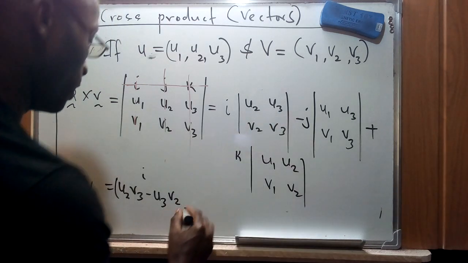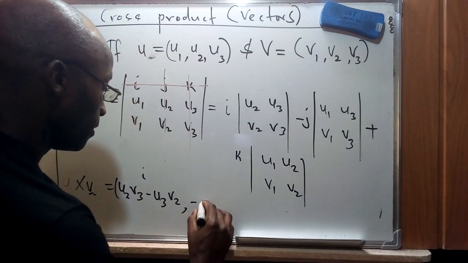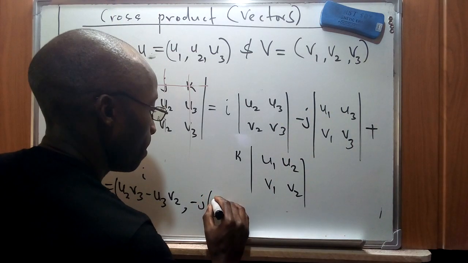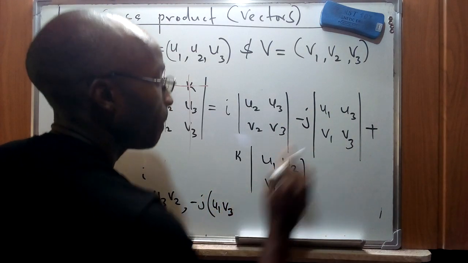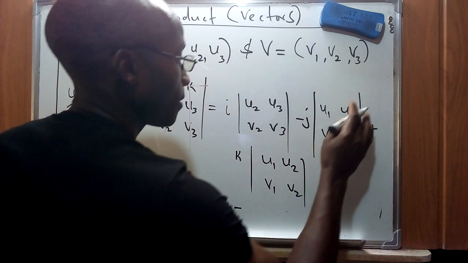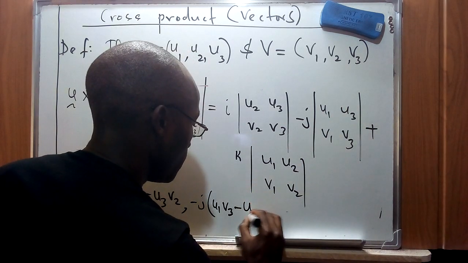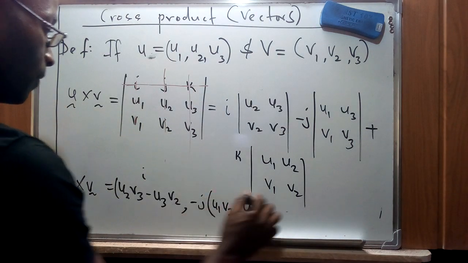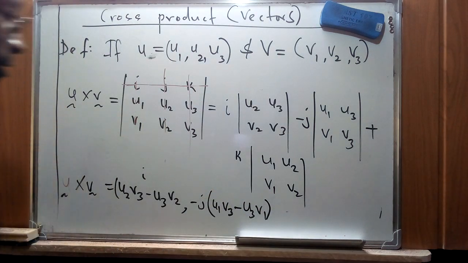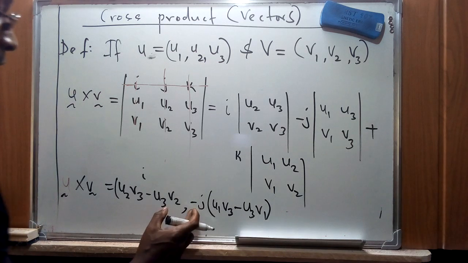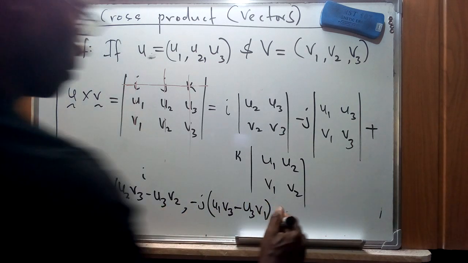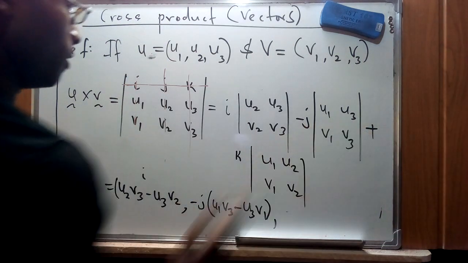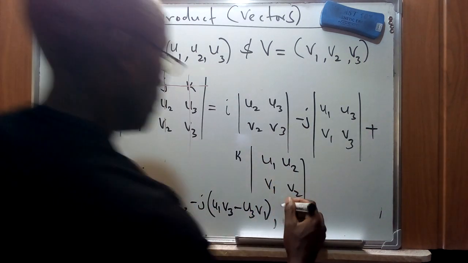So if we go to the j, it is minus j into u1 v3 minus u3 v1. Okay, this is for the j. I've just put it into practice specifically to cater for this negative sign. So we go to the last one, it's going to be a positive, so therefore it's going to be k